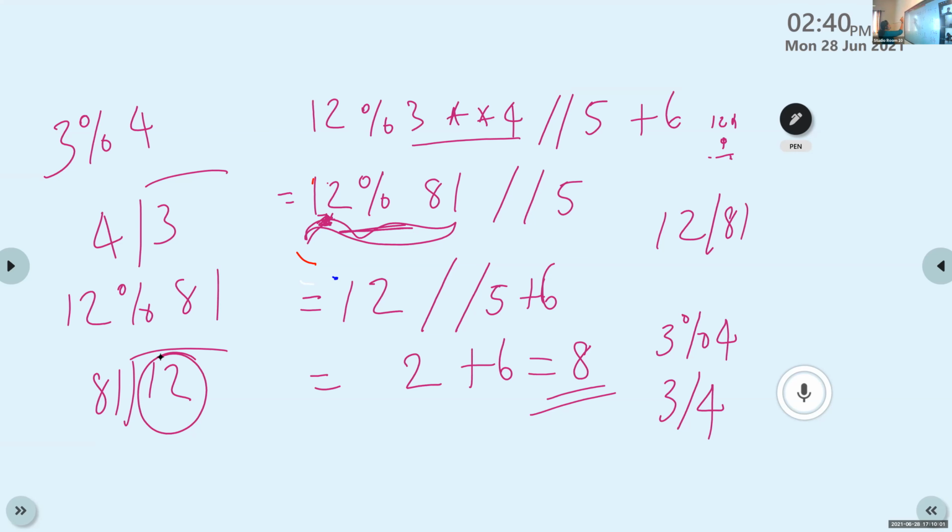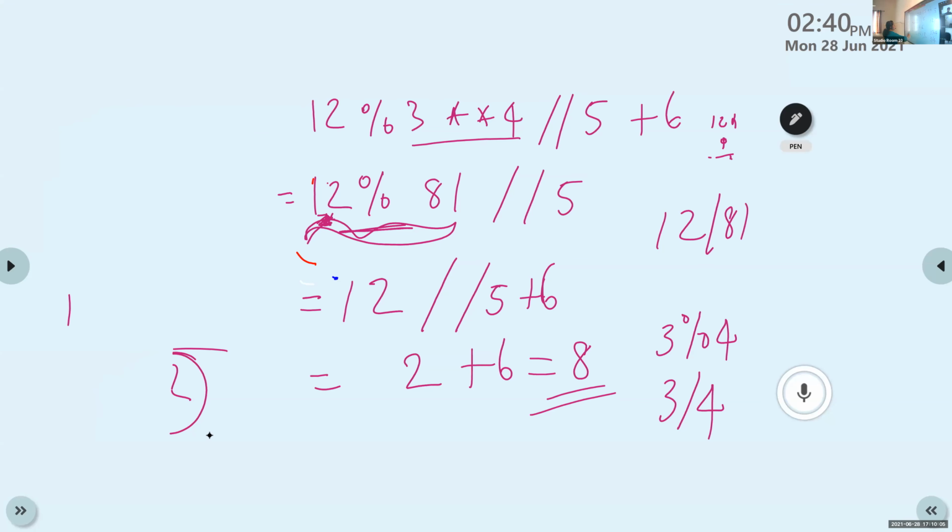So you just think like that. 10 mod 5 means you just think like 10 by 5. The answer is not the division, the answer is the remainder. But you just think like 10 mod 5 means 10 by 5. The answer is the remainder. Okay.